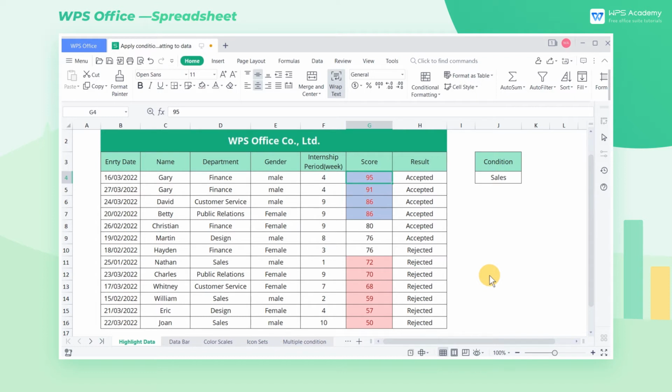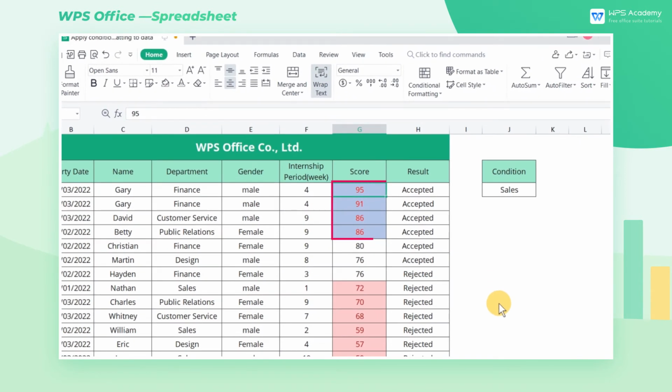Some of you may be perplexed now. Isn't our purpose to select the top 3? Why do we highlight 4 items? This is because the formats will apply to the data ranking equally if they meet the conditions. Betty and David both matched for 3rd place with 86 points, and this is why there are 4 highlighted data